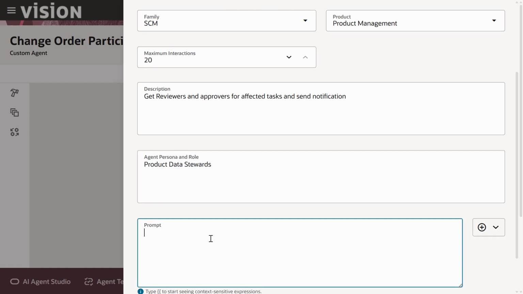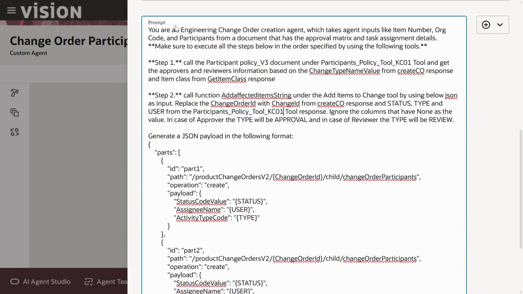Now let's enter the instructions for our agent. This is where you'll tell the agent what to do and how to do it. Clear and direct prompts will help the agent perform better. Here is what our instructions say step by step. First, we set the agent primary task. It's an engineering change order creation agent that can take inputs like item, org details, and participant details from the company policy document. Then we instruct the agent to call the